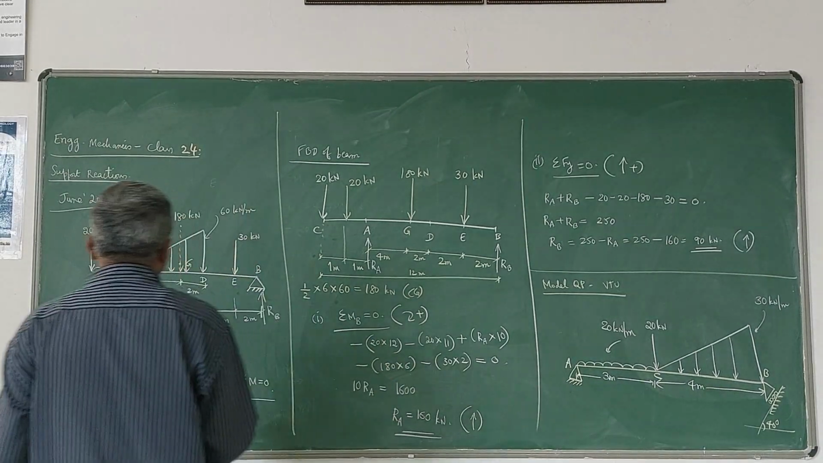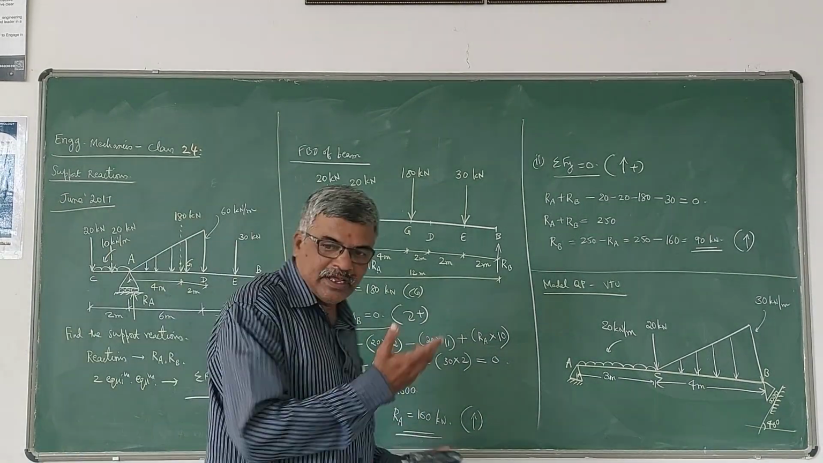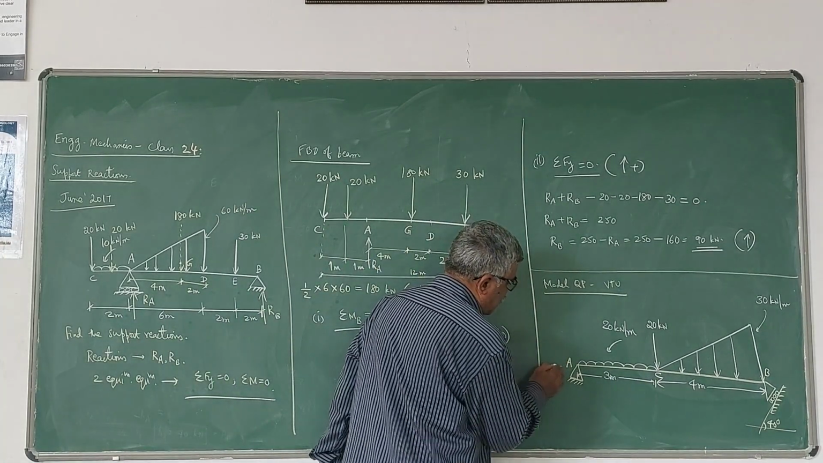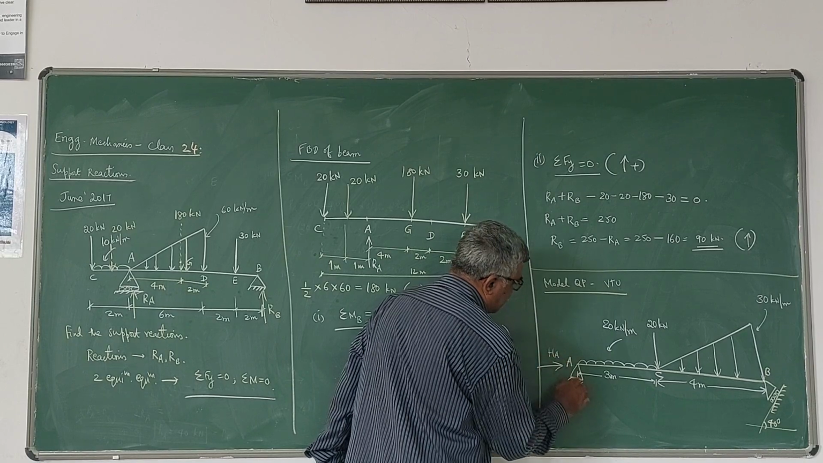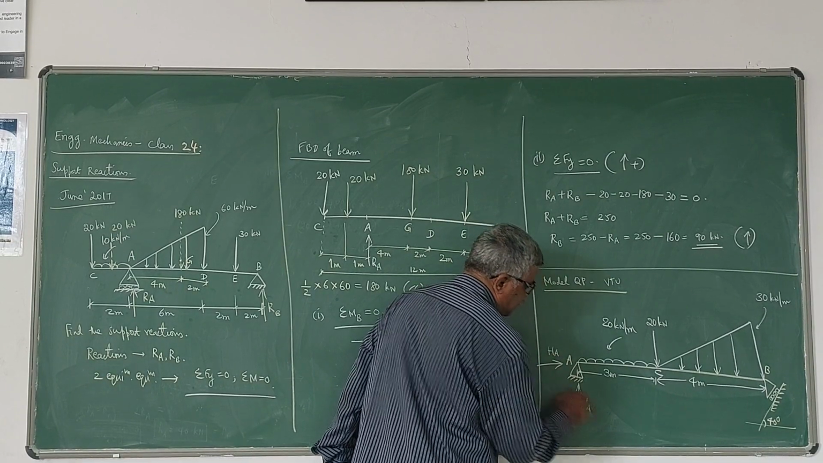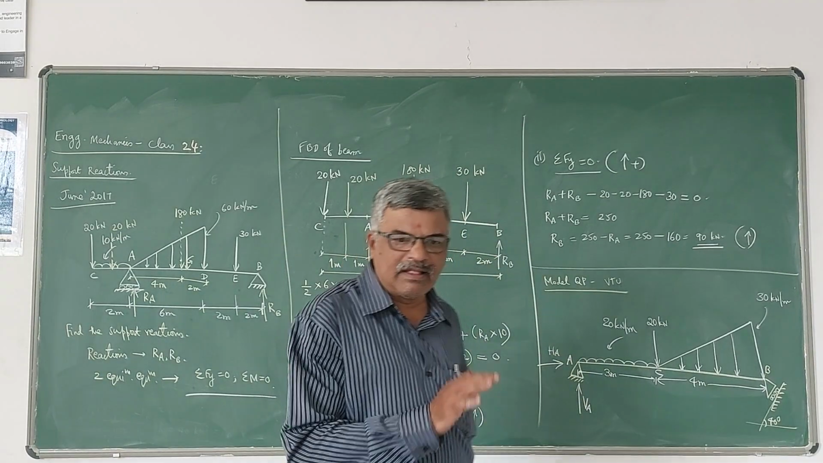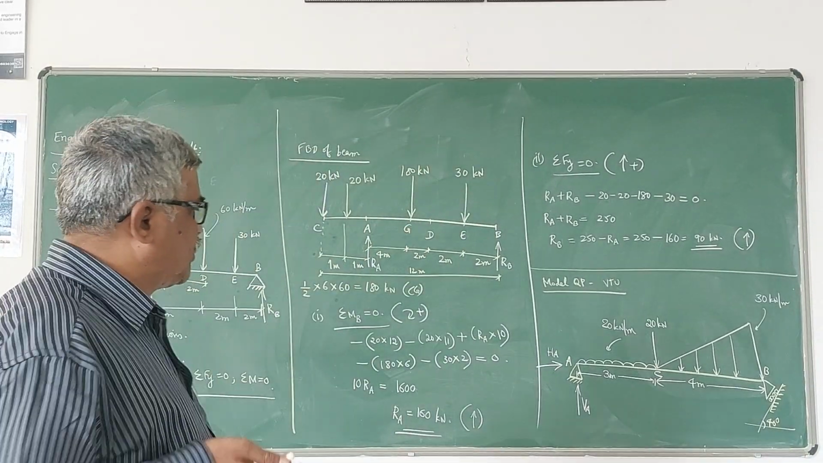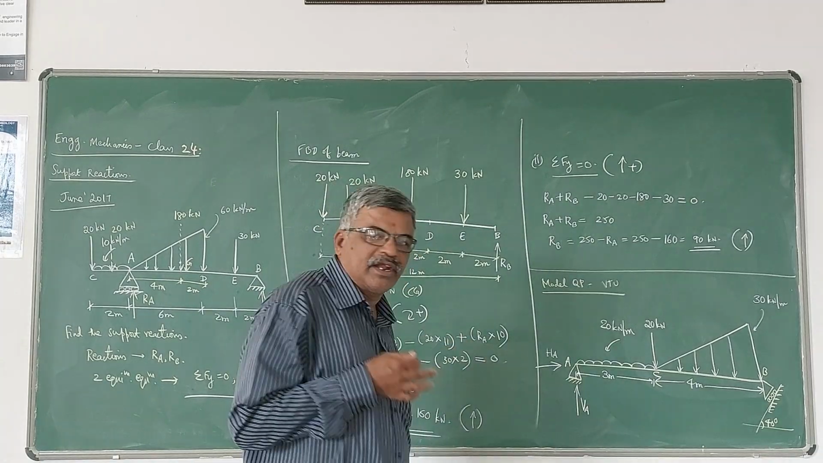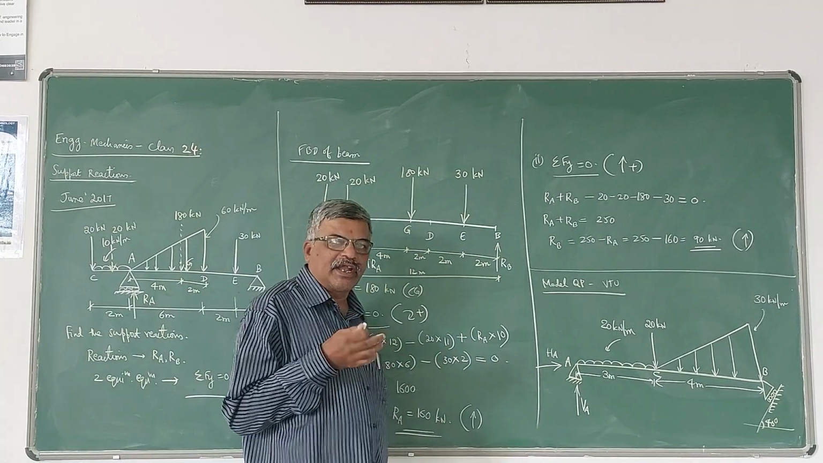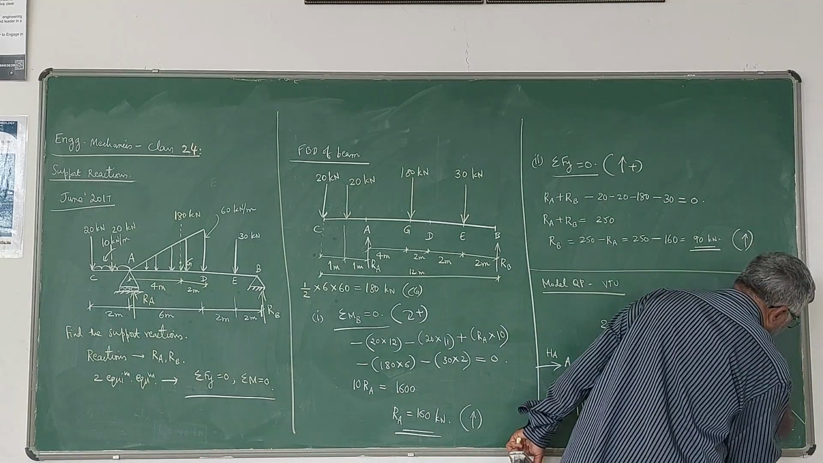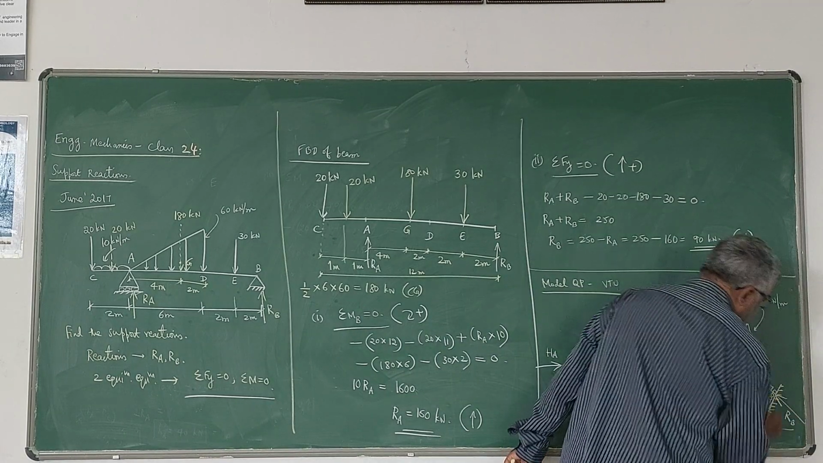Now the first step is to identify the reactions at the supports. I will take HA like this, VA like this. Initially you can assume any direction, horizontal, vertical, left, right. Finally, after solving the equilibrium equations, if you get a positive value, the assumed direction of the reaction is correct. If you get negative, it is in the opposite direction. That's all. Here at the roller you will have only one reaction, RB, which is developing normal